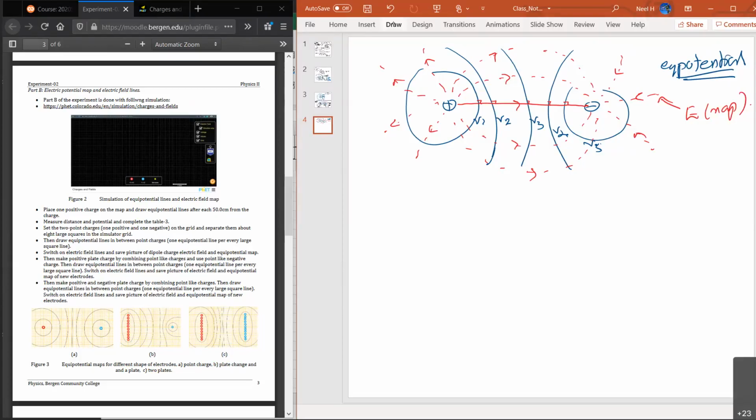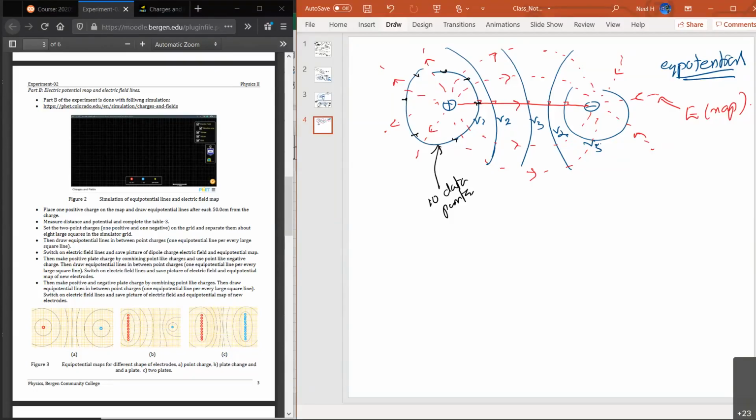That's going to take a lot of time if we're doing this in class, because getting this equipotential map takes a lot of time. You have to measure individually, and for each of these lines you need maybe 10 or more data points, right? So you have a lot of data points to get this circle. After you have enough data points, you connect them together to see the shape of the potential. That's going to take a lot of time. Any questions so far?